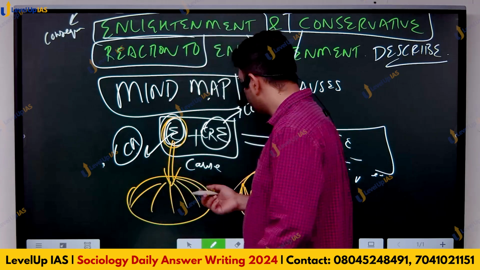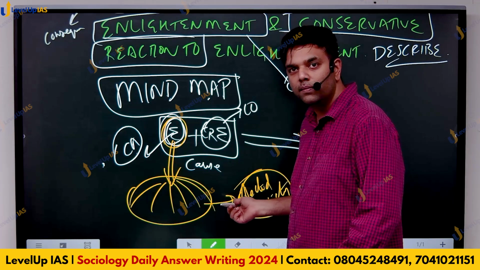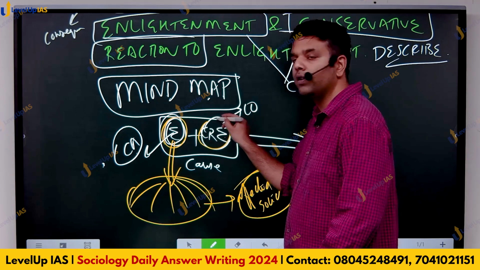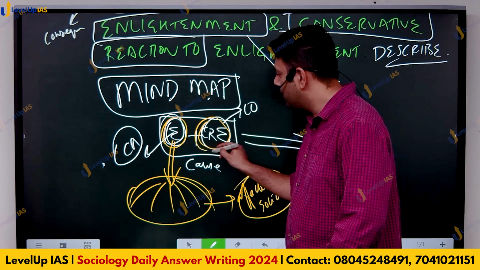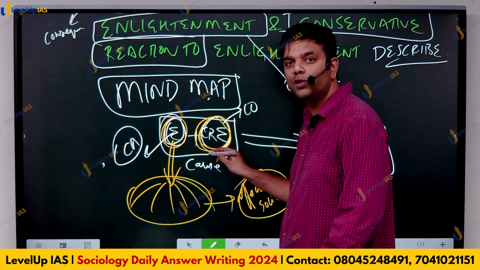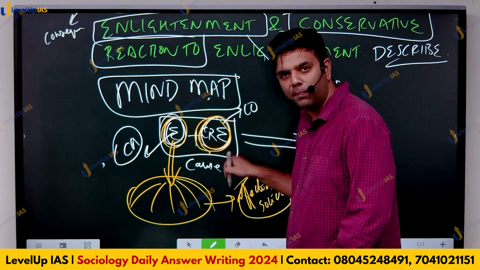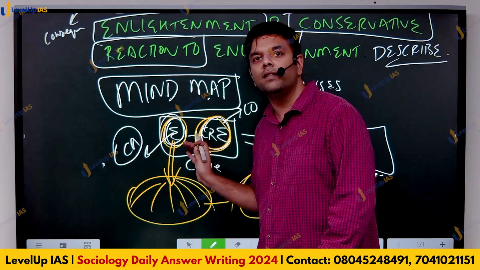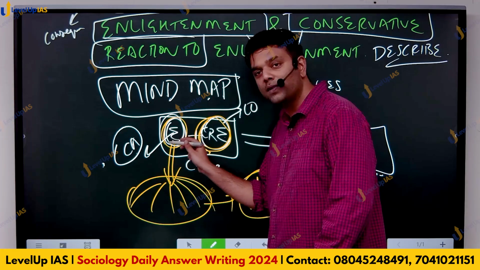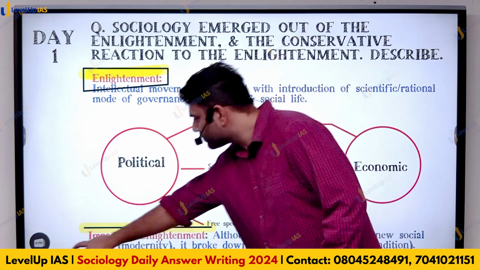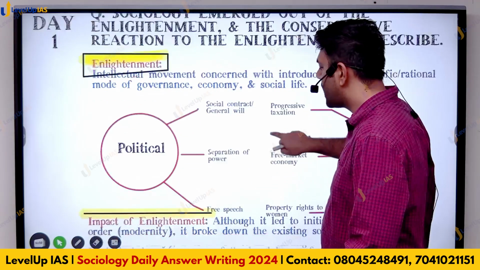Why do you need to show this? Because there is a thing called conservative reaction to enlightenment. You can't show conservative reaction unless you show impact of enlightenment. कंजर्वेटिव मतलब हमें पसंद नहीं आए चेंजेस ये वाले, तो उसका इम्पैक्ट तो दिखाना पड़ेगा, तभी हम बताएंगे नापसंदी. So, impact of enlightenment,